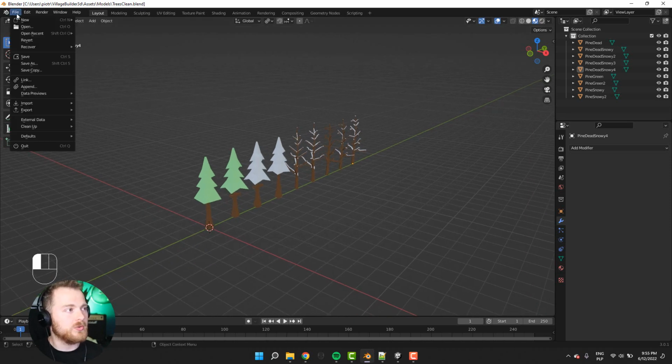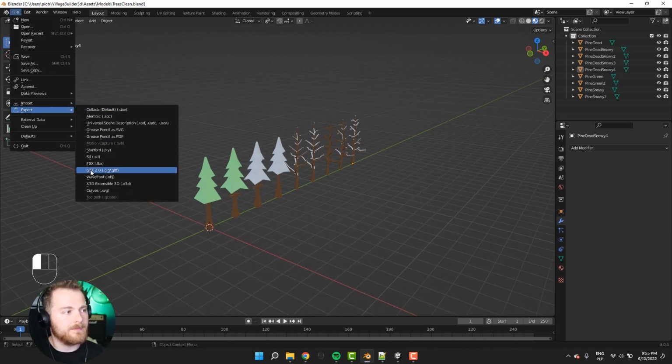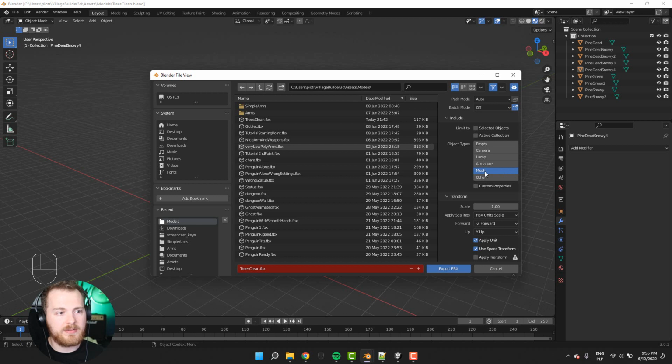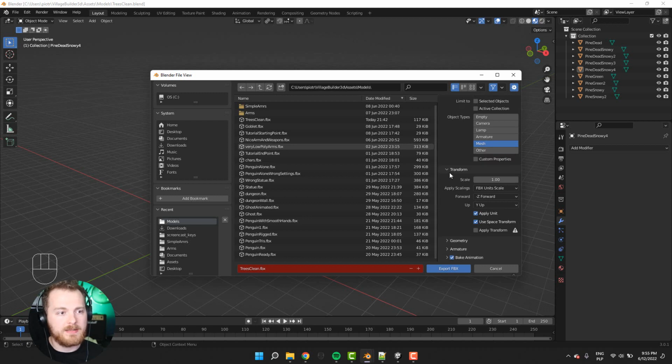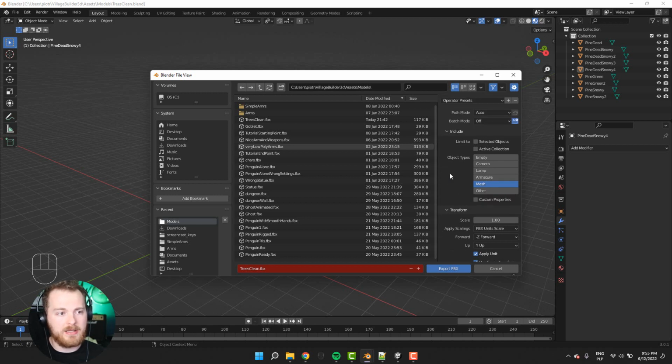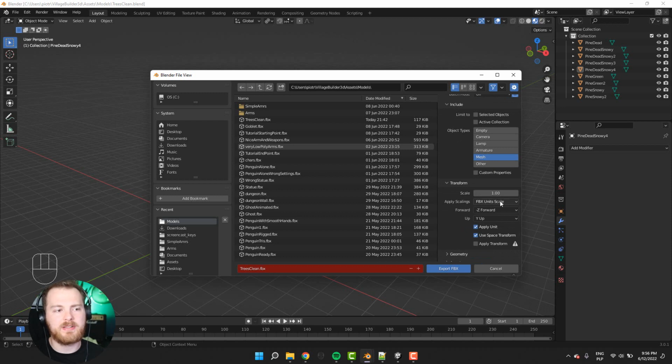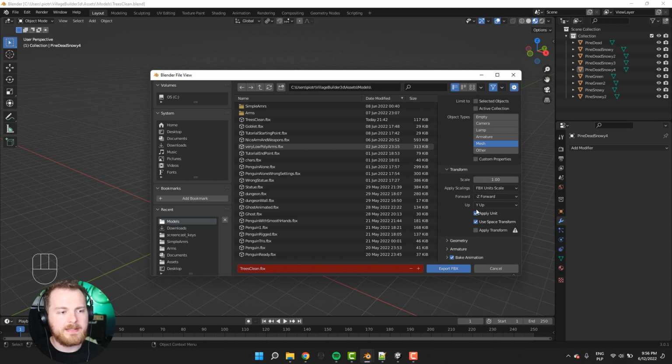So when we go to File, Export, and then FBX, what we're going to set here, first of all, you see again, I have selected only mesh, then I have the apply scaling set to FBX unit scale, then -Z forward, then up is Y up. So all of those ones are as they were previously, only apply scalings was changed, and then those two